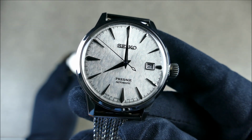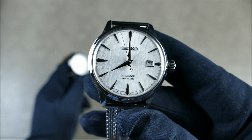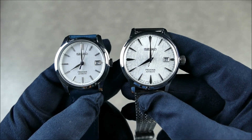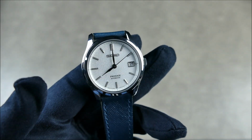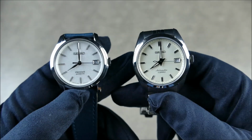Look at all the fine little textures and the way they catch the light. Gorgeous snowflake-like dial, the winter scene dial, from this limited model. Now, the scale makes this more of an everyday watch versus a dedicated dresser. This one feels more like a dedicated dress watch, guys, at 38 millimeters, and it draws a lot of